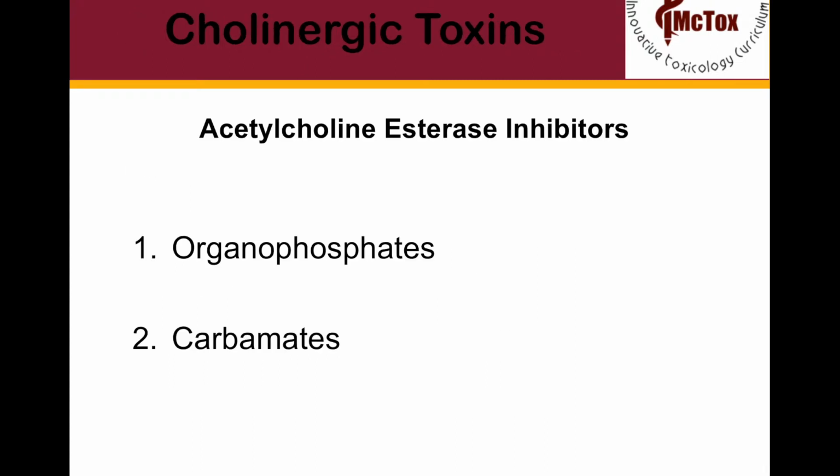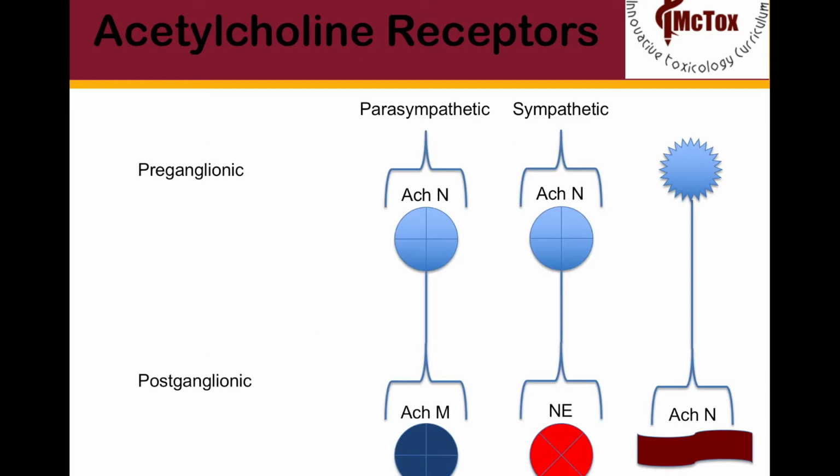There are two main chemical groups that can result in a cholinergic toxidrome. These are organophosphates, which comprise most of the pesticides and nerve agents, and carbamates, which contain all of the cholinergic medications, as well as some of the pesticides. Organophosphates and carbamates inhibit acetylcholinesterase, which is the enzyme responsible for degrading acetylcholine in the synaptic clefts. This causes increased acetylcholine at the target receptors and prolonged stimulation.